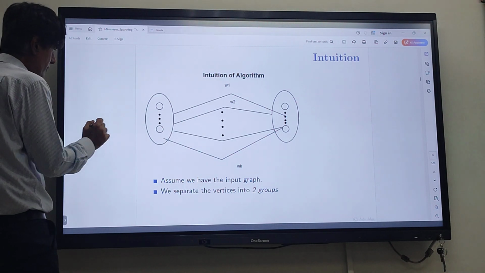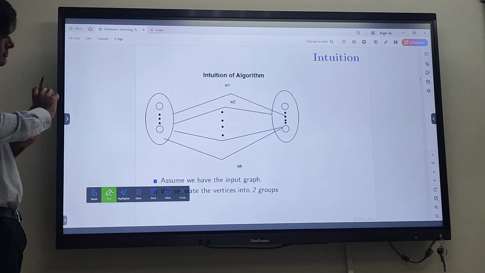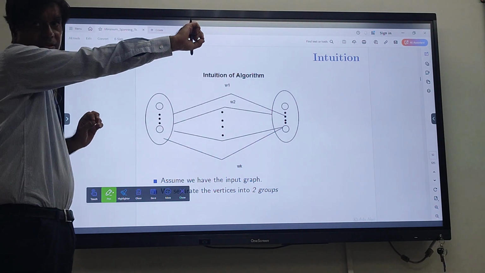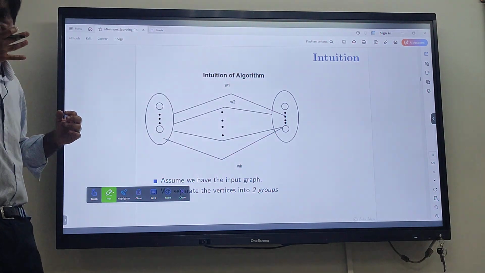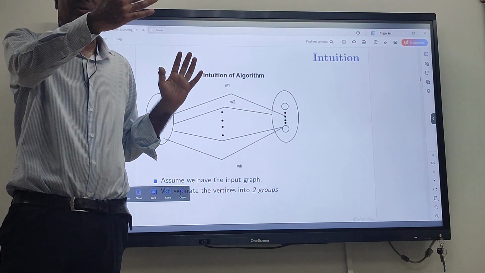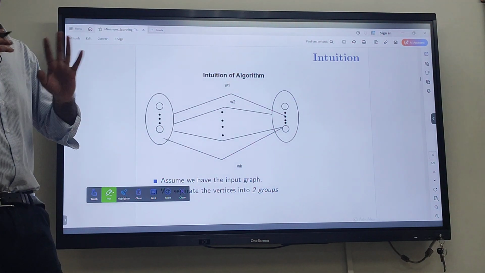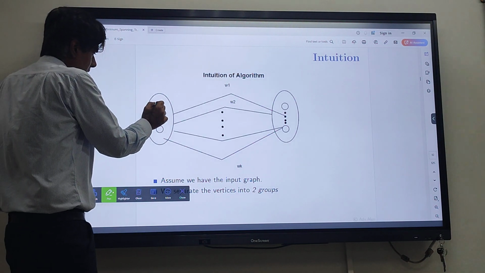Even one vertex can be there and all the rest can be here, or it can be equal, or it can be 75%, 25%, or 80%, 20%. So that's not a condition. Okay? So the edges,